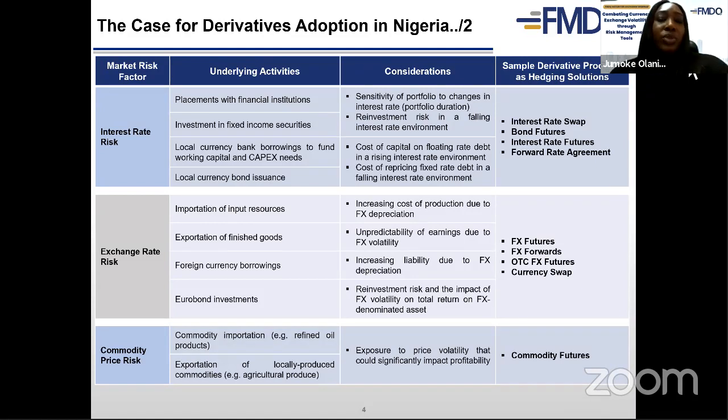With regards to interest rate, we're talking about how institutions are looking to place excess funds that they may have. This is typical of pension funds, of course. Also, you're looking for how to invest these excess funds to make better returns. This could apply to any and every kind of corporate institution that has excess cash or excess funds on its